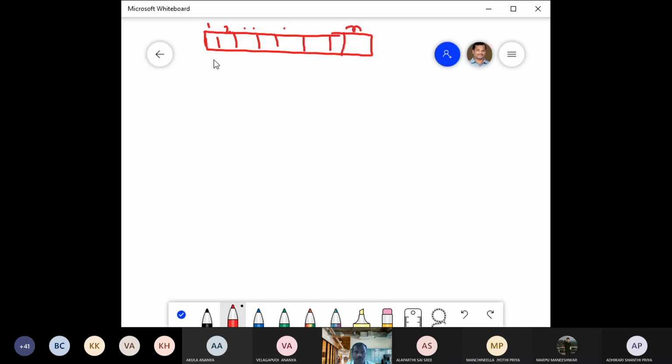The first end of the array is represented with the variable low, where low equals 1. The other extreme end of the array is represented with high.